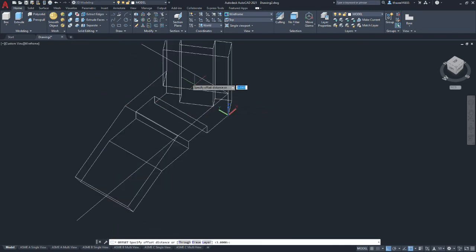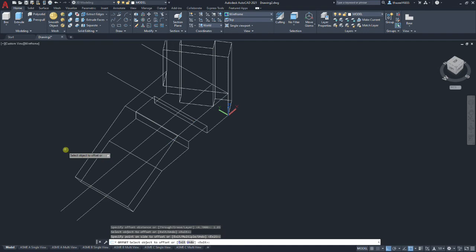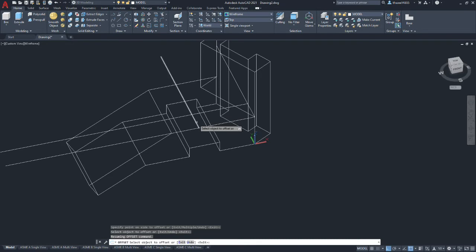So we'll use offset, and we're going to go a distance of 4.7 with the first line. And then reset the offset to 1.85, and we offset in the second line. So this intersection of those two lines that cross will be where our circle goes. Make sure that your O snap for intersection is enabled. You're going to drag out, and we're going to do a diameter of 1.85, and that's our circle.